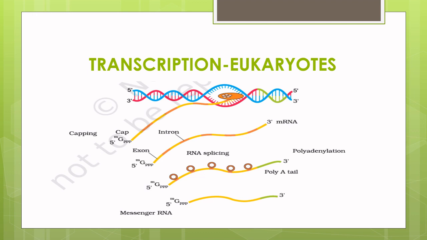The primary transcript in eukaryotes is non-functional since it contains exons and introns. It undergoes splicing, a process that removes introns and joins the exons together in a specific order. The precursor hnRNA undergoes additional processing called capping and tailing. An unusual nucleotide is added to the 5' end of hnRNA during capping. In tailing, 200 to 300 adenylate residues are added to the 3' end of hnRNA. This fully processed hnRNA is now called mRNA and is transported out of the nucleus for translation.